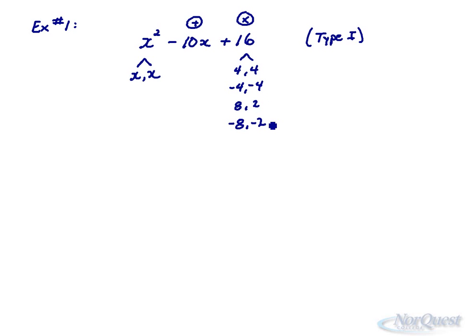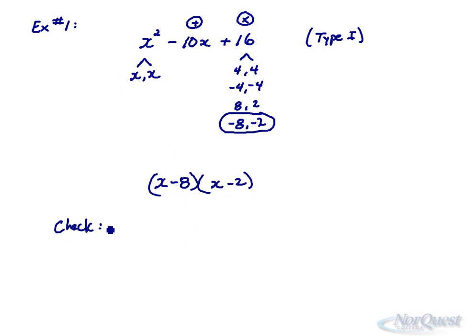What we need is the set of factors that multiply to 16 and add to negative 10. Well, that's going to be this group. Negative 8 times negative 2 multiplies to positive 16, and negative 8 plus negative 2 adds to negative 10. So when you write your factors, you write the factors of the first, plus and minus the factors of the last. In this case, it's going to be x minus 8, x minus 2, and you can always check